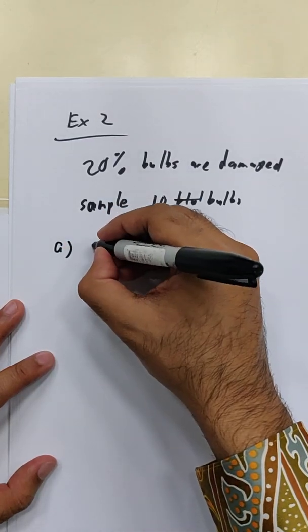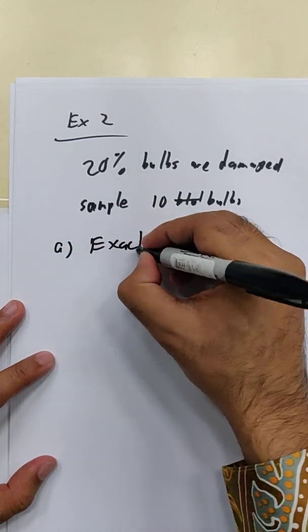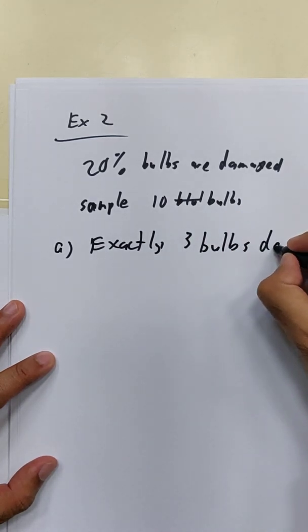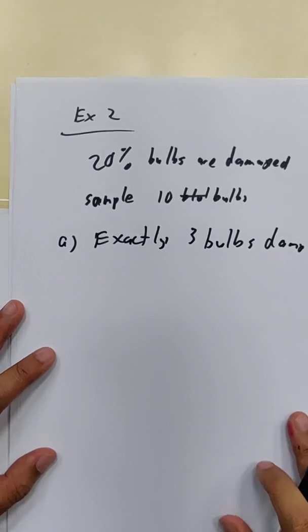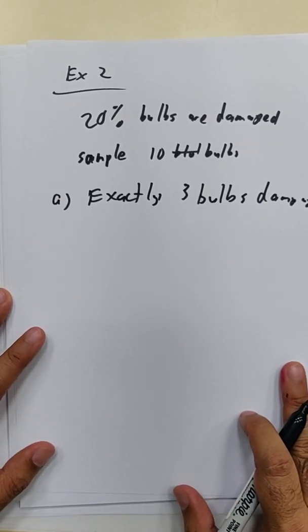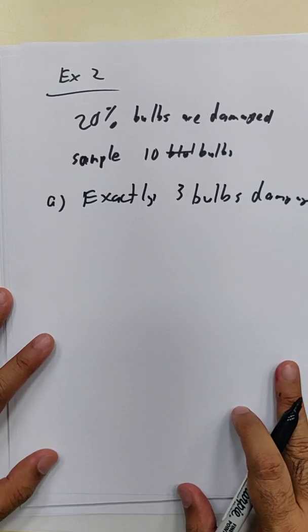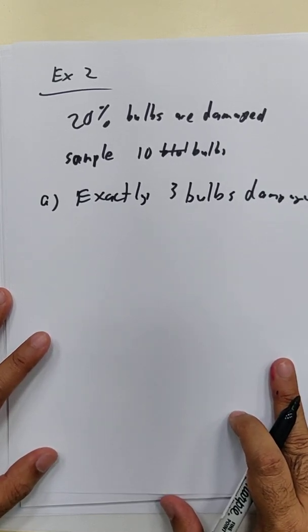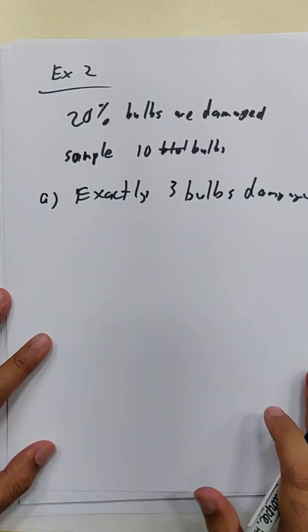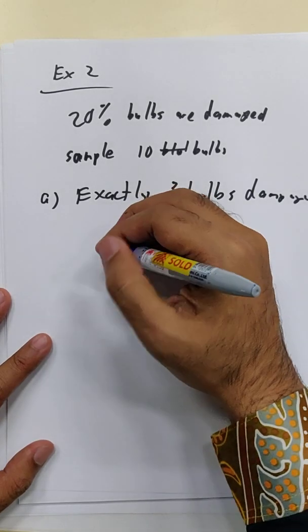Okay, firstly they want exactly 3 bulbs damaged. So how do you solve this? You want to try first? Write down your formula. We compare our answers. Exactly 3 bulbs damage. So it's going to be,